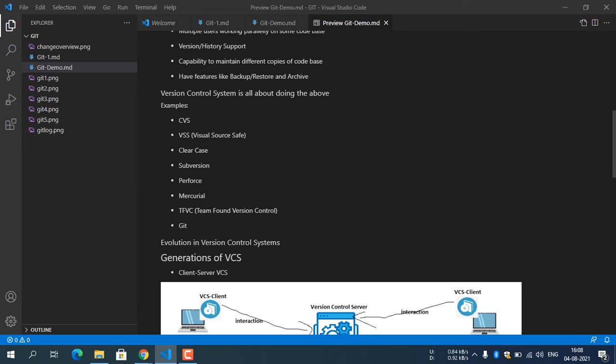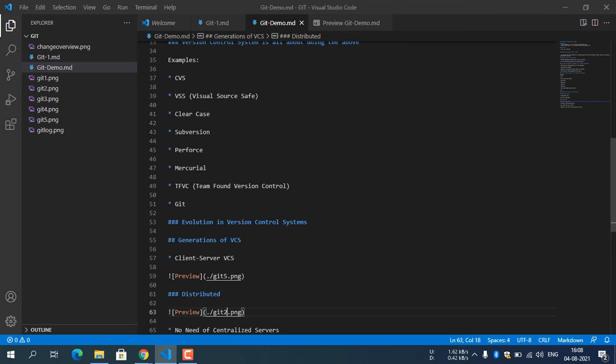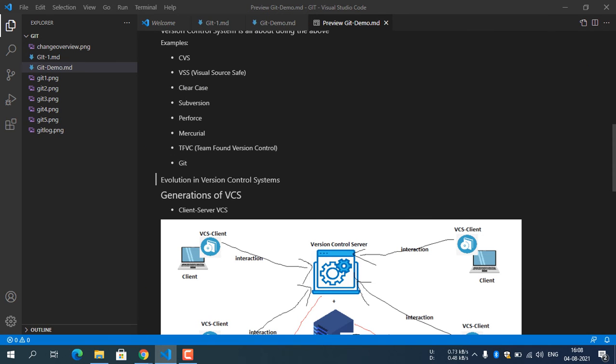So why is Git famous? Actually, Git was designed by the Linux owner, Linus Torvalds. So that is one of the reasons for it becoming famous. And Git is open source, so this is another reason. These are the two reasons. Open source is nothing but freely available, and it was created by a famous person, the Linux owner. So obviously there will be a demand, right?